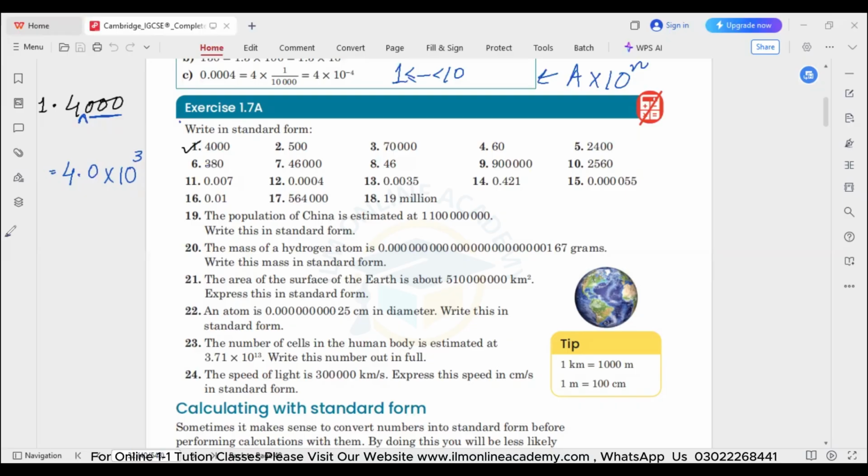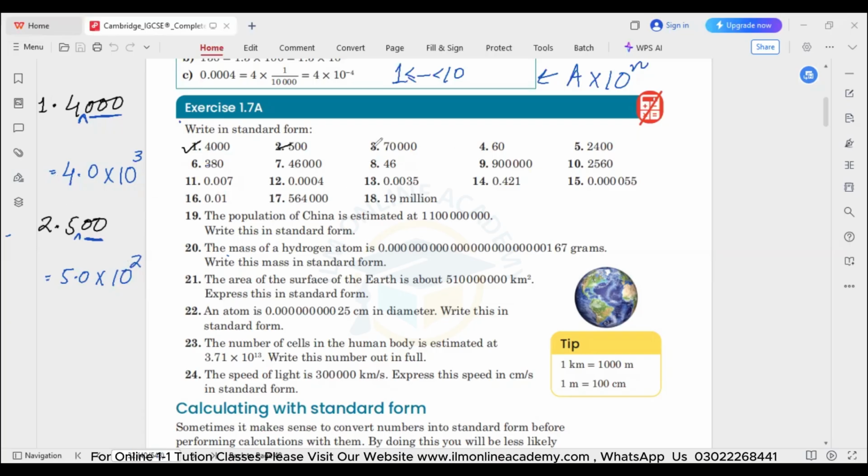Similarly, they gave us part number 2. In this, they gave us just 500. Okay, if we want to write down 500 in standard form, again, after the very first number, we will apply the decimal point. So this will be 5.0. And then we need to check that after this decimal point, how many numbers are there. Accordingly, you can write down the number in the form of power of